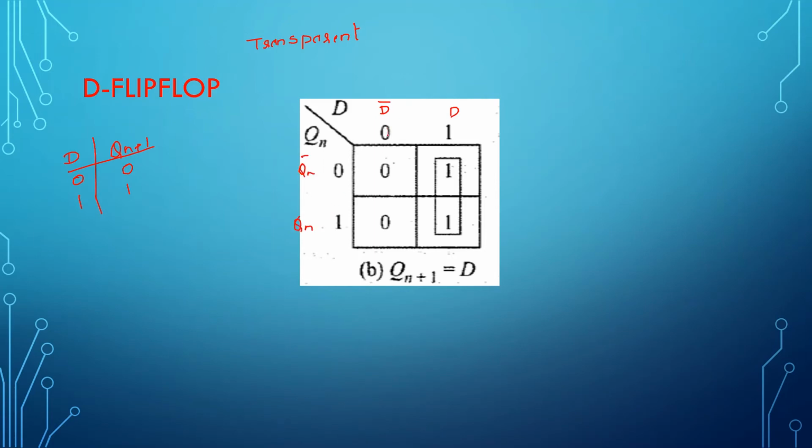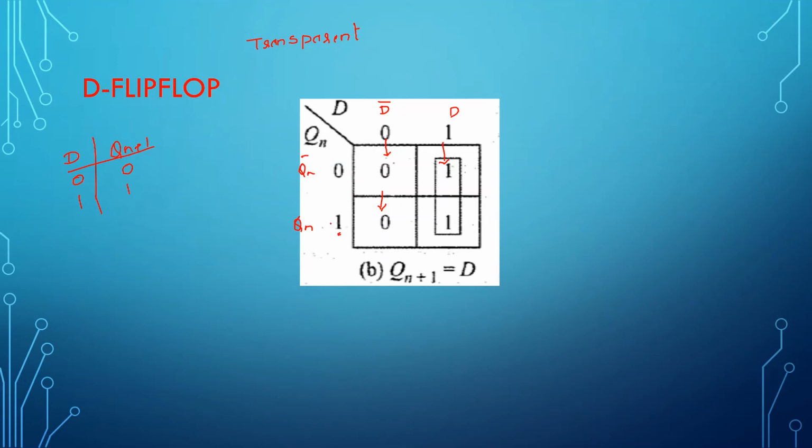If the data given is 0 and the present state is 0 itself, whatever data you're going to give, that has to be reflected, no matter whatever is the present state. If you're going to give 1 as input, that 1 has to be reflected at the output side. If you're going to give 0 as input, that 0 has to be reflected at the output, no matter what the present state is. If you are giving 1 as input, that 1 has to be reflected in the output, no matter whatever is the present state. So this is why we call it transparent. Whatever you have written with respect to input data, that same has to be written. If it is 0, 1, it is 0, 1 itself. If it is 1, 0, it is 1, 0 itself. This present state has got nothing to do with the next state of the flip-flop.